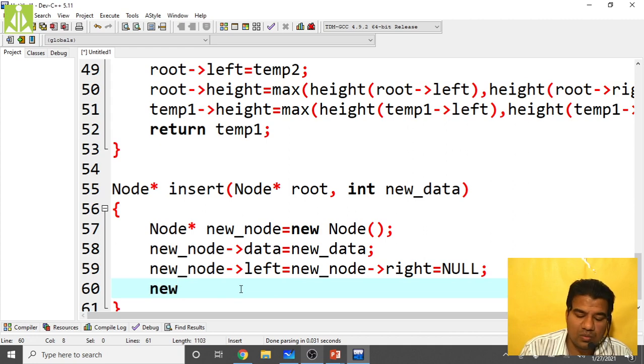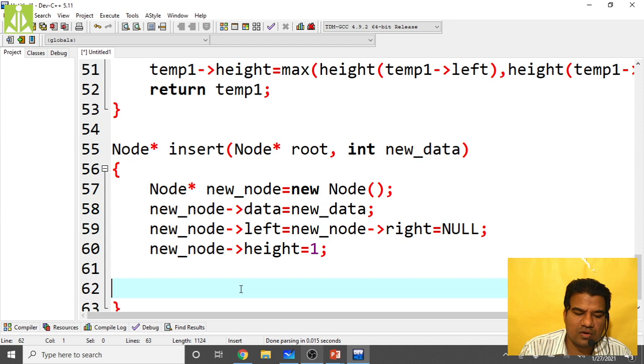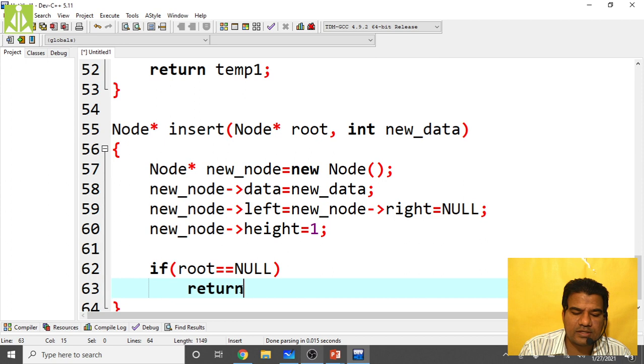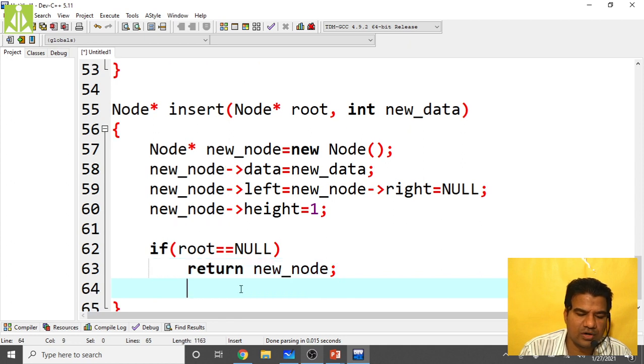New_node of height equals 1. Then if your root is empty, if root equals null, then we return new_node as the root node. That's it. If you return, that automatically becomes the root node.